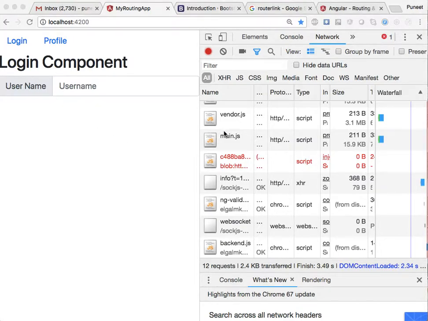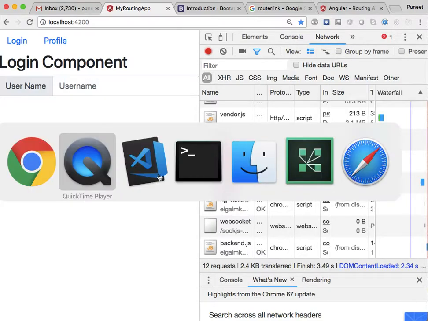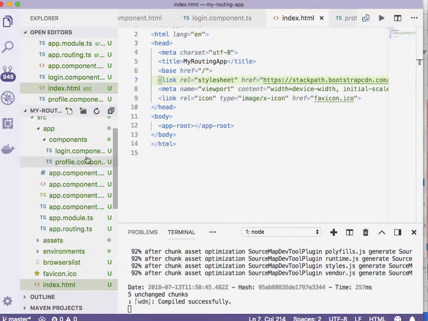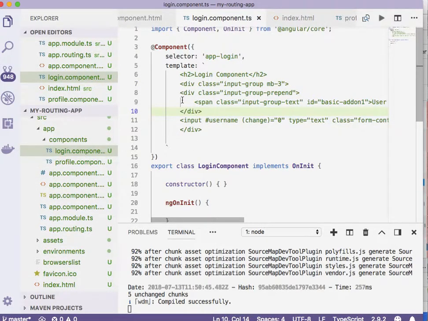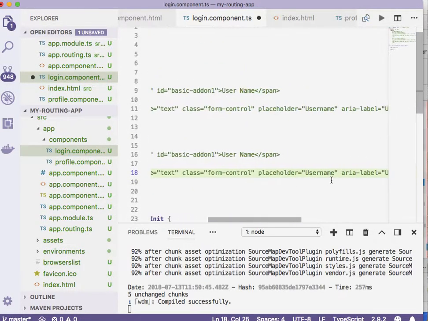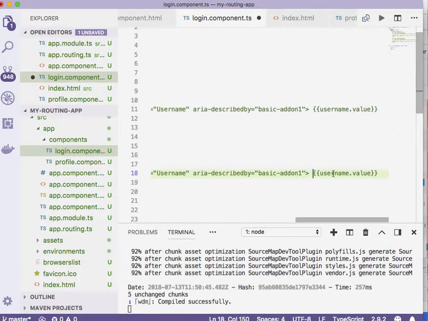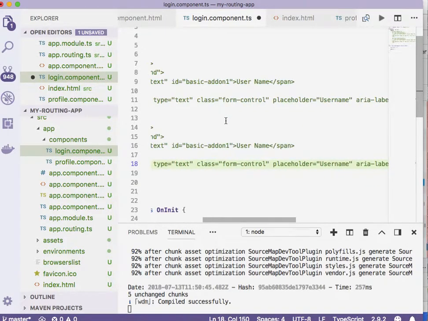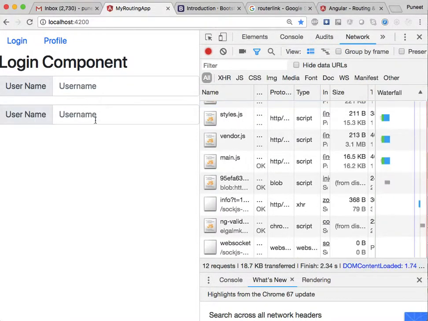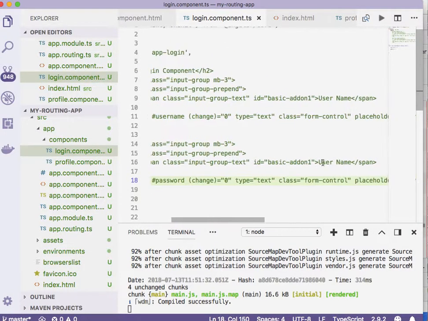So username, and I just need to go here and build one more right here, which is password. So copy this whole thing, and we'll build the password field. Now remember, this is going to be password, and then you might just use the password value here as well. I'll just try it with one. If that works, I think it's going to work for password as well. So they just look like both usernames. I'm just going to change this to password,